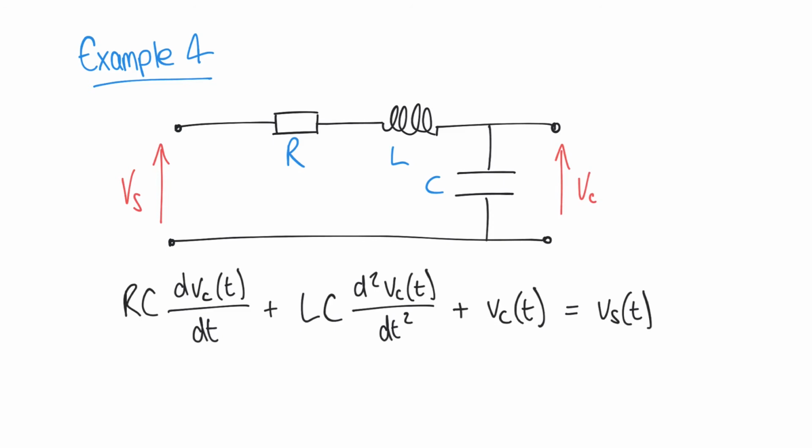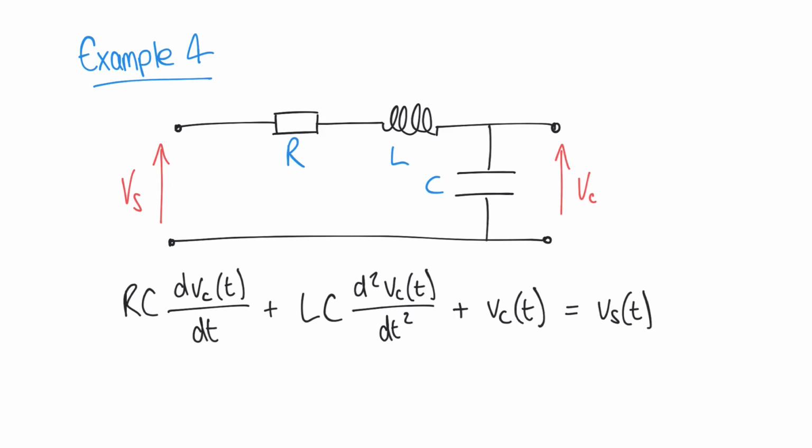Again, it's a second order differential equation. We've got RC multiplied by the derivative of VC with respect to time, plus LC multiplied by the second derivative of VC with respect to time, plus VC of t is equal to that input Vs of t. And again, we're going to refer to our table